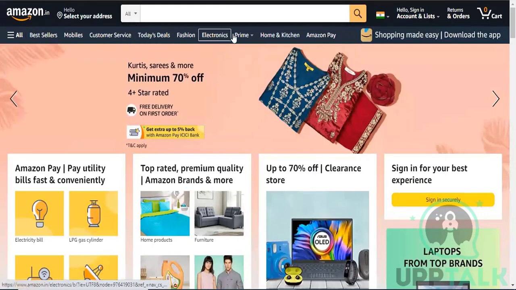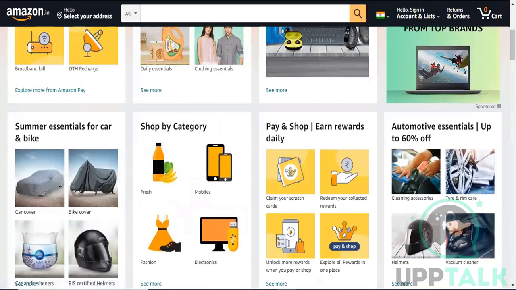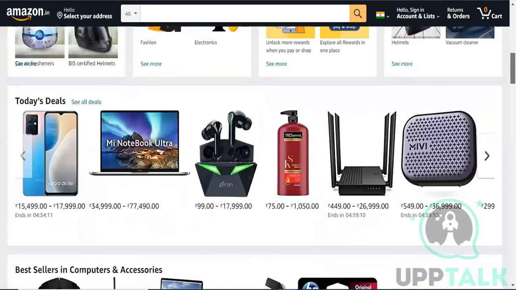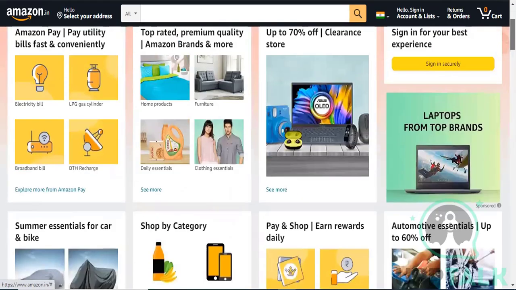Below that, there is the navigation component, and below this there is a carousel component. And below that, there are a number of other components like this cards component, and if I scroll down, this list component, or again the carousel with some product list component, something like that. Any name that you can give to your component.